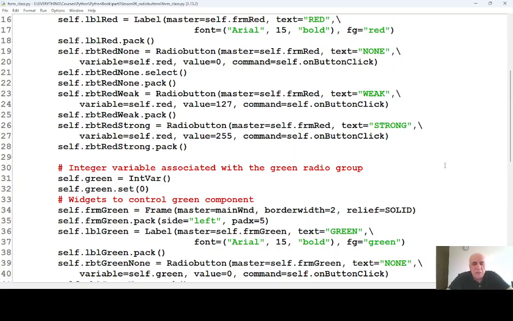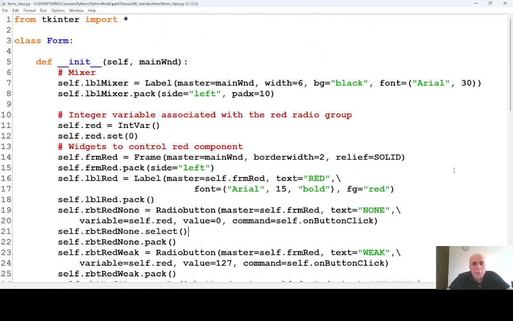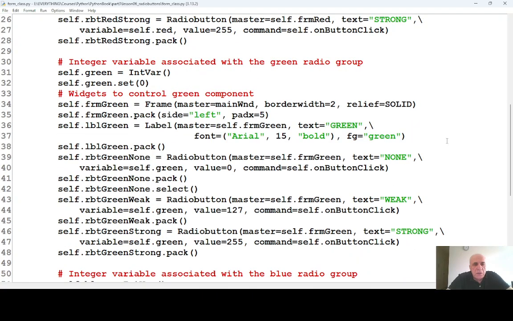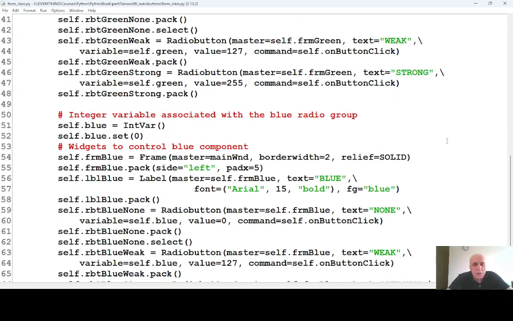When the program starts, when the color is black, obviously all the top radio buttons are supposed to be active. The select method is the one I apply. So you see here the green group, pretty much the same. You see here the blue group,